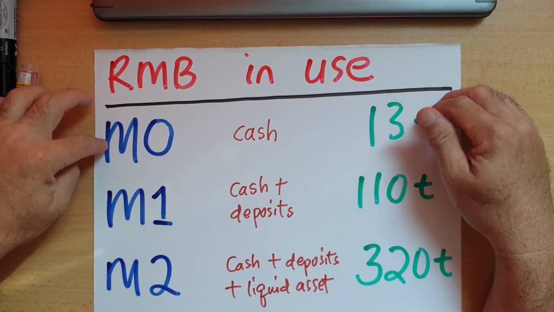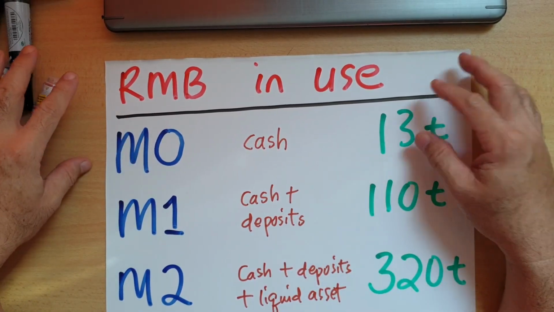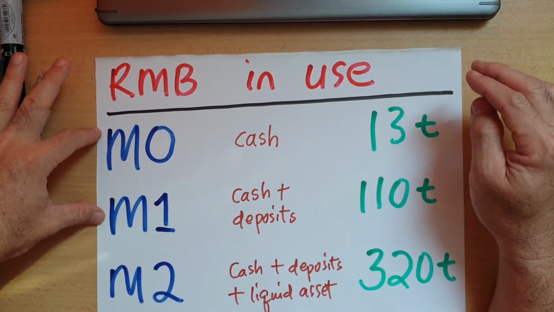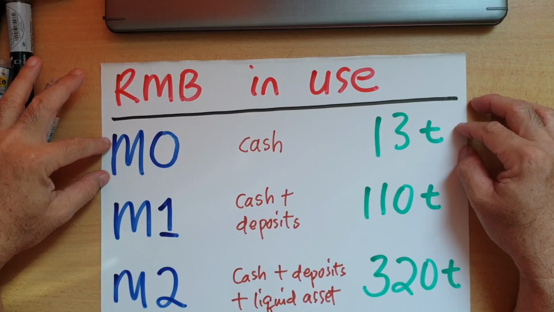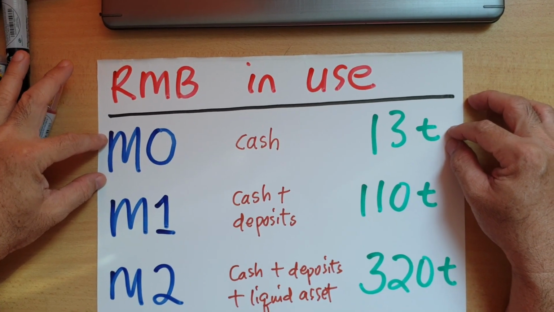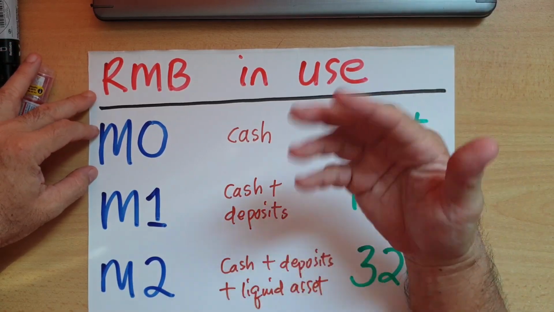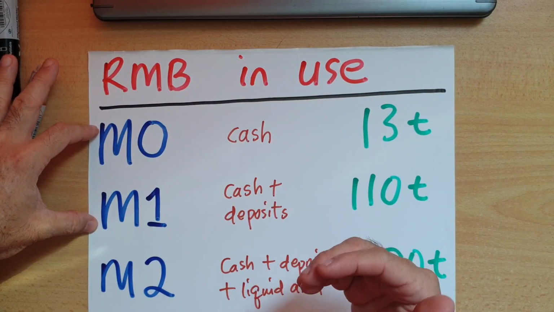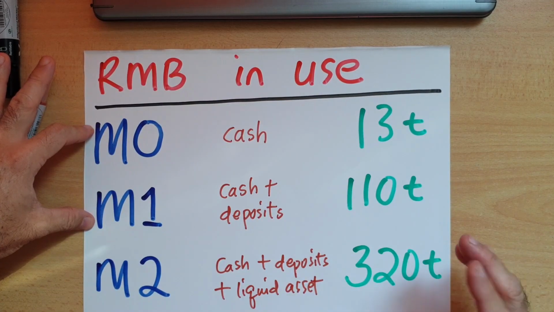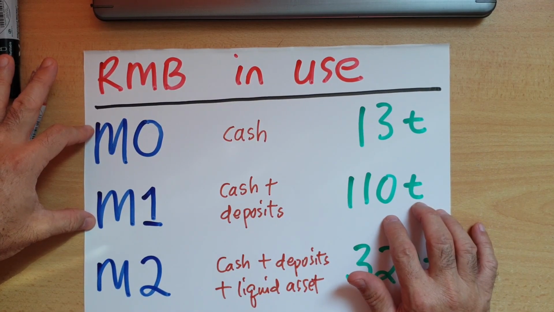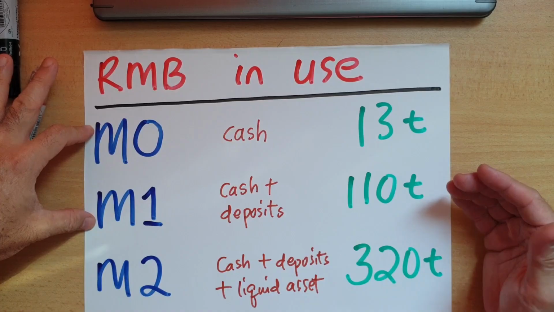So again, let's use M0, M1, and M2 as a tool to present this, because this is what is used by economists. If you look at the total renminbi printed, M0 meaning all the cash printed, there are around 13 trillion renminbi right now. This is hard cash, including your notes, your coins, and all this. Now, if you include deposits in the calculation, which is M1, then the total circulation of renminbi is about 110 trillion. Then you might ask, how come cash is only 13 and M1 becomes 110, about 8 times bigger?